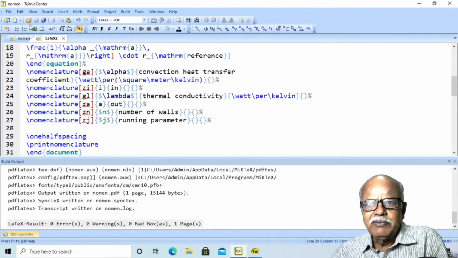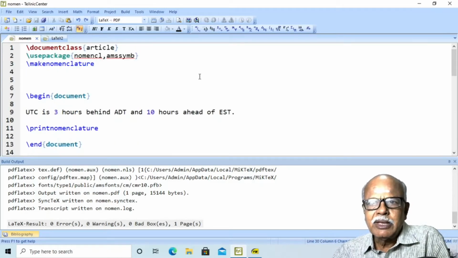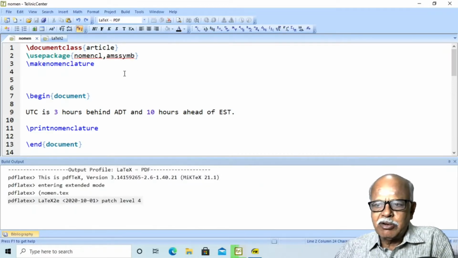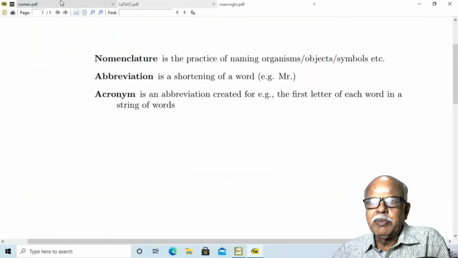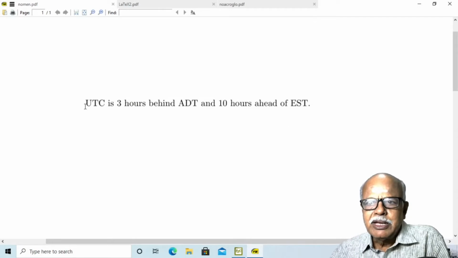How to use nomenclature in LaTeX documents? For that, we shall take up the TeXnicCenter editor. I am using here the packages nomencl and amssymb. Now, if you compile this document, the output will be just this: UTC is 3 hours behind ADT and 10 hours ahead of EST.